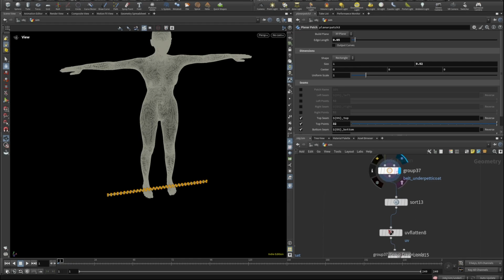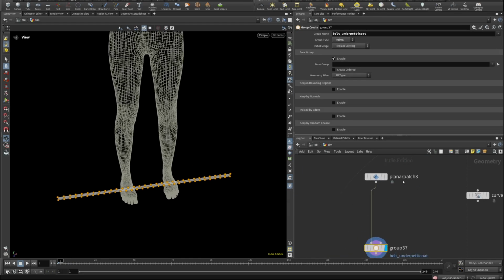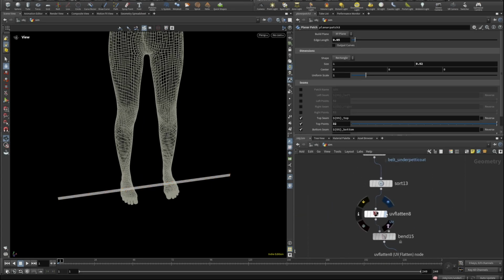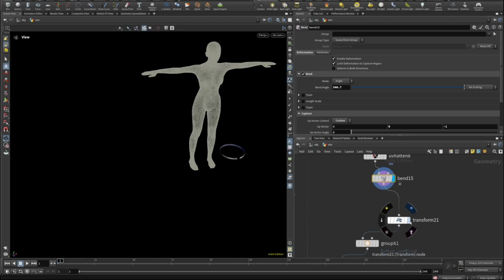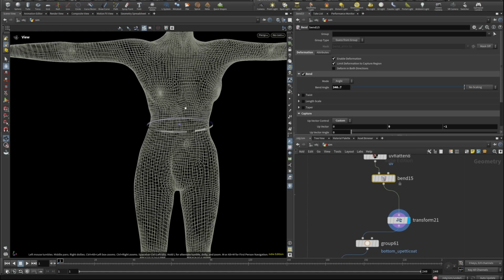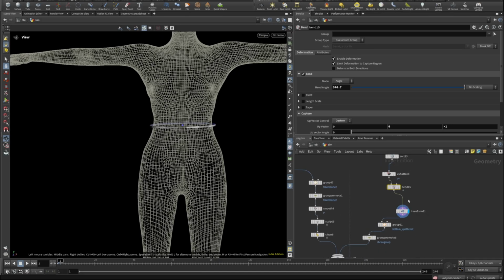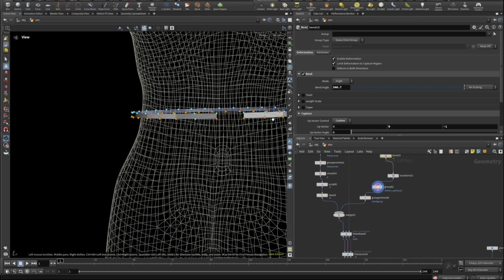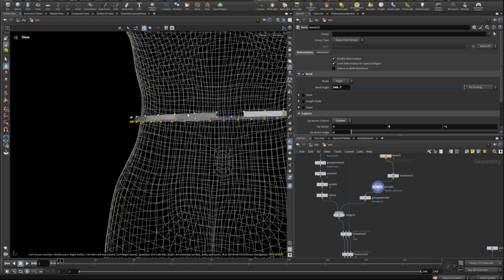I'm doing the grouping for this one. For this one I didn't draw a curve. I just did a planar patch, and then I did a UV and a bend. That bend is just to wrap it around the waist, and then I just use a transform to place it by the waistline. And then I do a grouping of the bottom. And the reason I've done this is because after